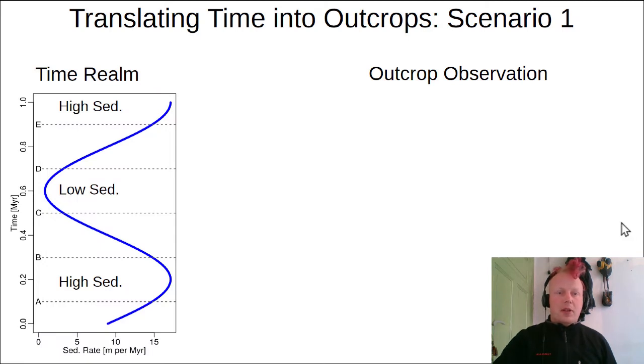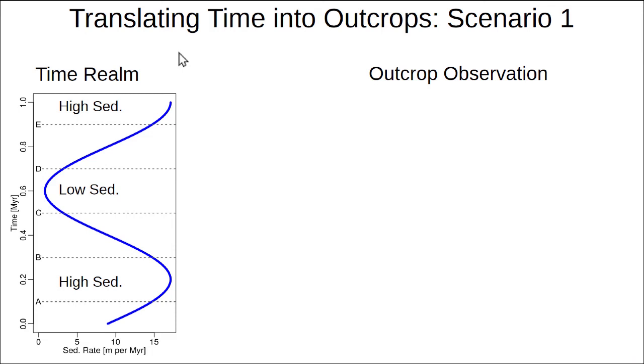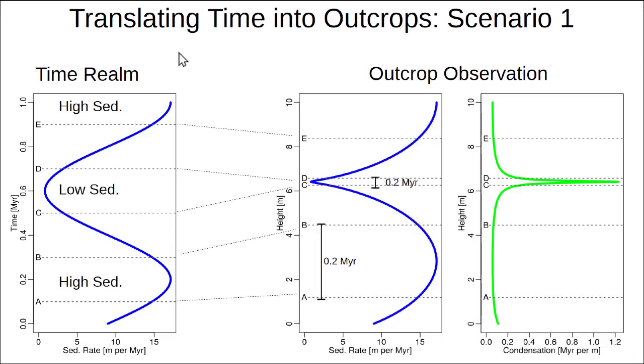The first sedimentological scenario is just given by a sedimentation rate that changes through time from a high sedimentation rate to a low sedimentation rate and back to a high sedimentation rate, which could just be an ordinary sedimentary sequence. This sedimentation rate creates an outcrop that is 10 meters high,